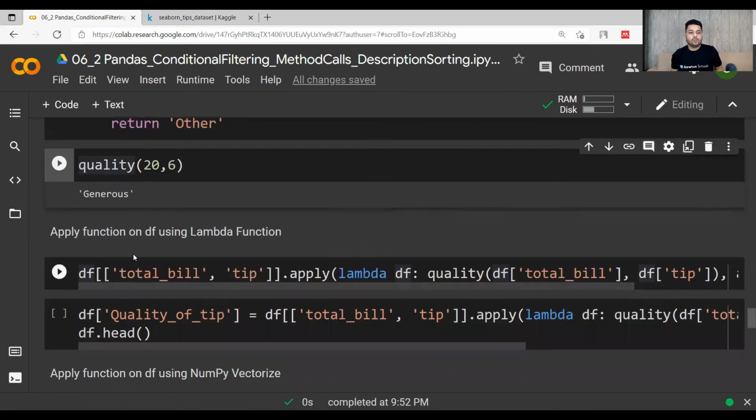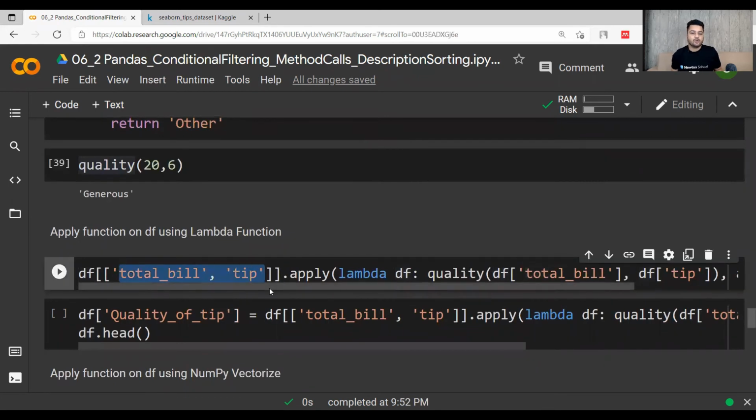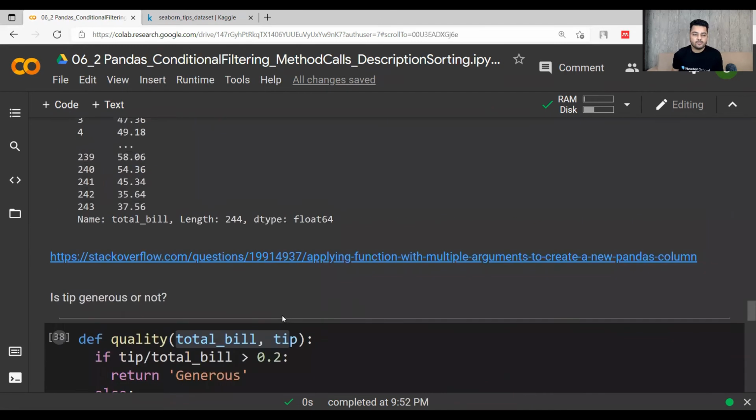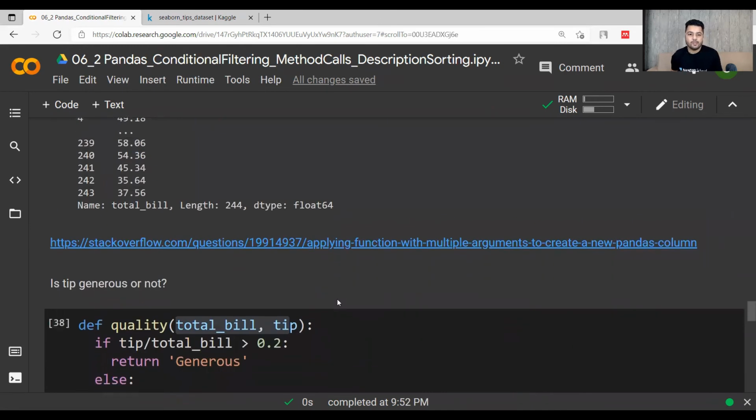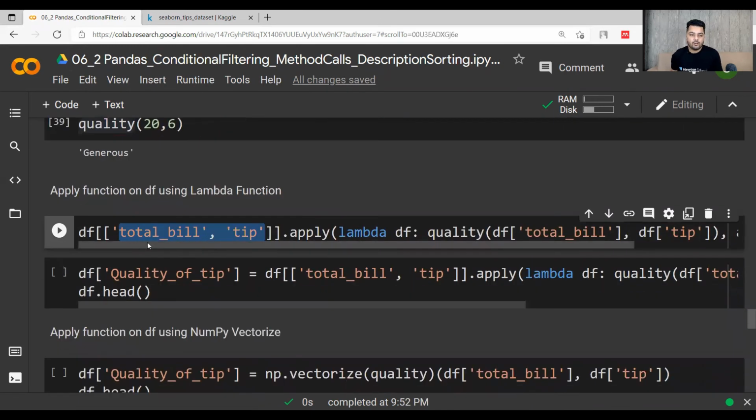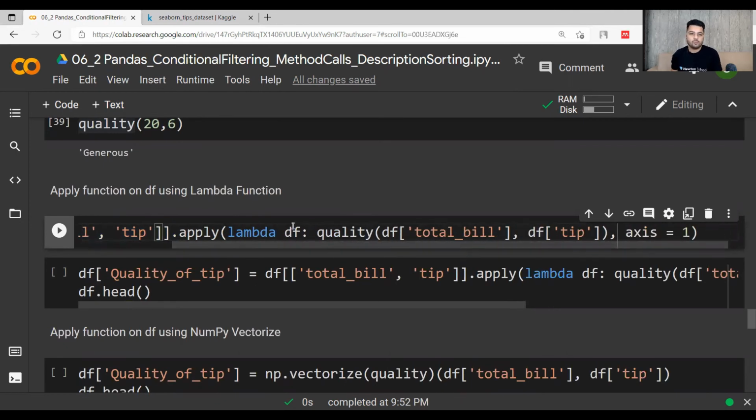Now if you want to apply the lambda function over your total bill as well as tip, because we want to discuss this multiple argument thing, we have two arguments here, total bill and tip. You want to apply the lambda function over these two columns, and you want to get the filtering done based on this, that within the quality function you are passing these two values, and every time the two values will be given, it will be done through axis equal to 1.